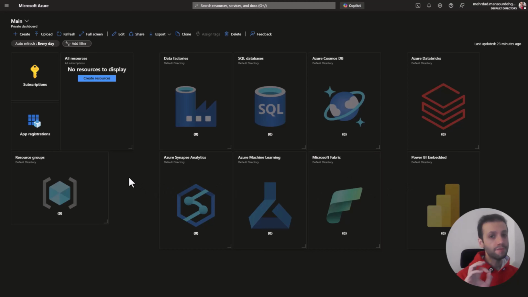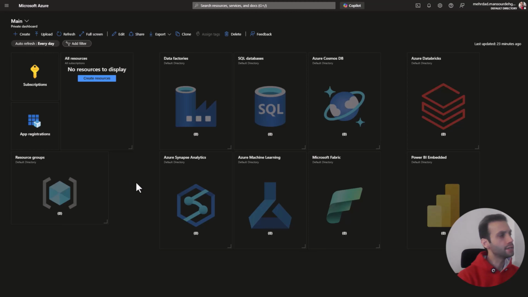But now the first step is to create a resource group. Resource group is very important because for every single task that you are going to do in the Azure universe, you need to have a resource group. All the services are mapped to the resource group and they are using the resources. Definitely, as much as you're going to pay to Microsoft, you can have much faster and much more robust